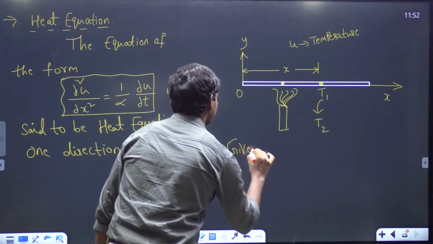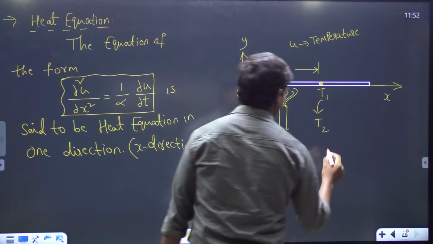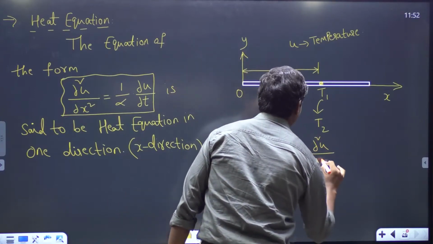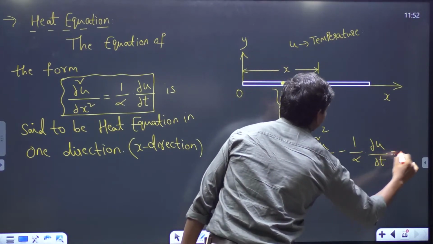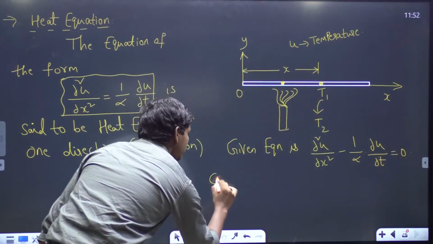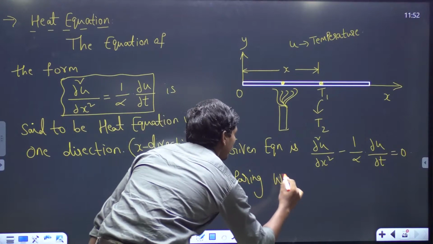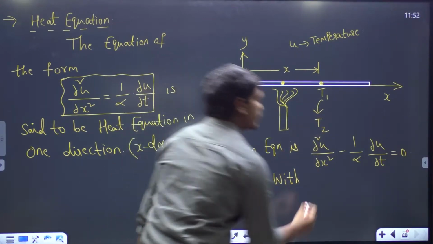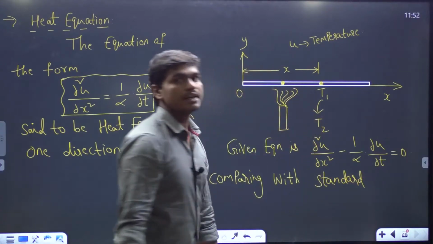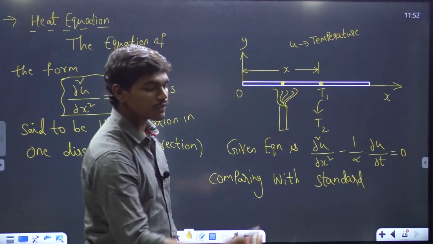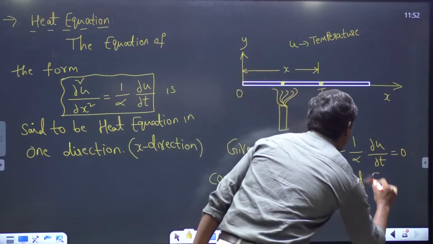Given equation is dou square u by dou x square minus 1 by alpha into dou u by dou t is equal to 0. So comparing with the standard equation, in the sense the equation that we have, capital A into dou square u by dou x square plus B into dou square u by dou x dou y plus C into dou square u by dou y square. If you compare with that standard equation,